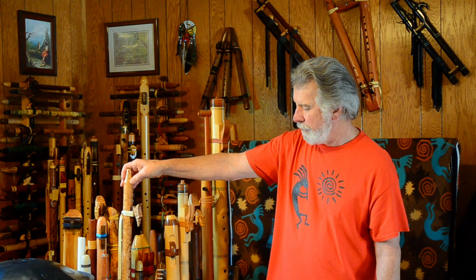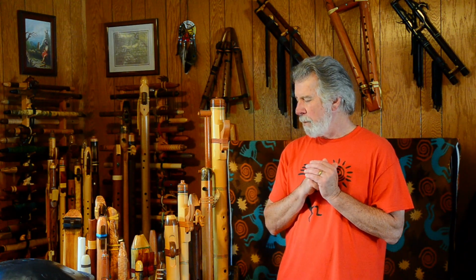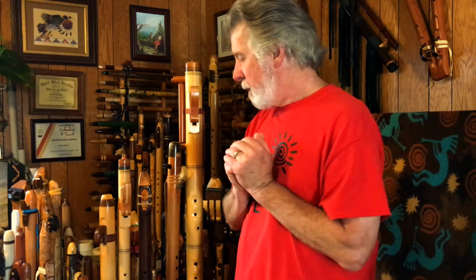So regardless of how big or how long that flute might be, as you move up in length, the holes get a little bit further apart, a little bit lower in pitch, longer length in most cases, and it will require you to retrain your fingers and the muscles on how to move differently than what they are used to moving right now. So warm up, loosen up, get those fingers moving freely, and I hope that this has given you some helpful pointers and tips and exercises to do in helping you